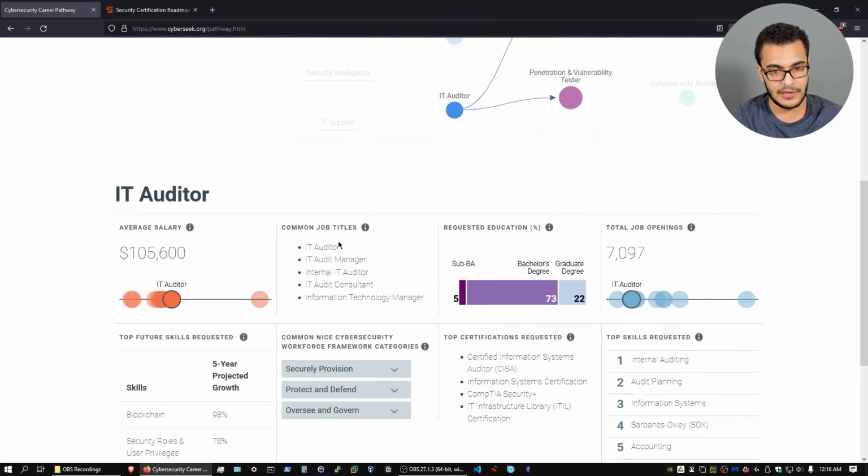So the common job titles, I've seen this job role being referenced as an IT auditor, or an information technology analyst, or really not analyst, but just someone who is in charge of an organization's security. All right. And of course, this is not to be misconstrued with penetration testing. On this side of things, you're pretty much dealing with mostly blue team because you're working on internal security in order to prevent attacks or hacks.